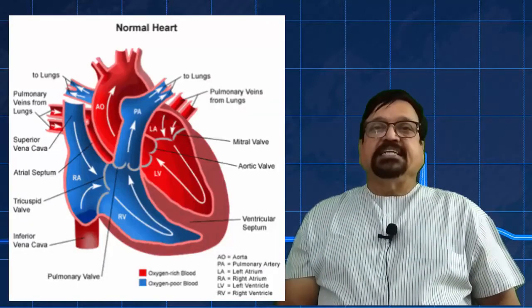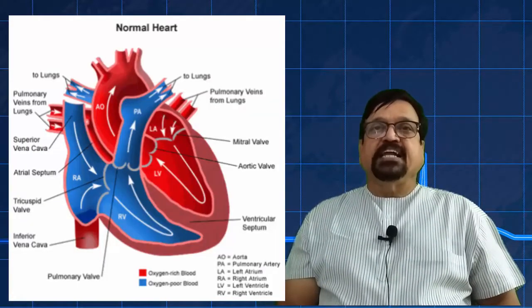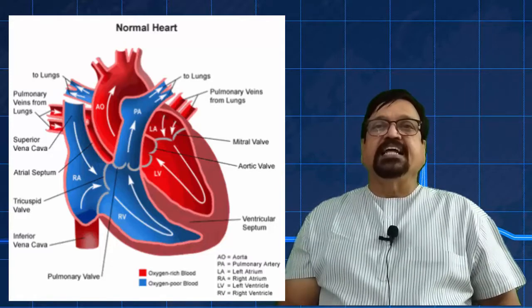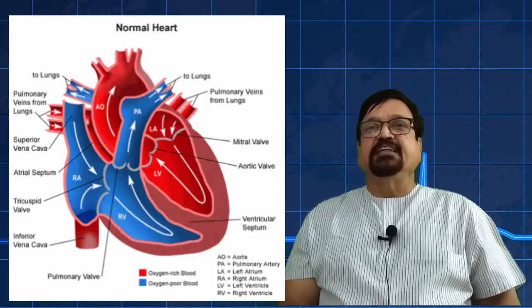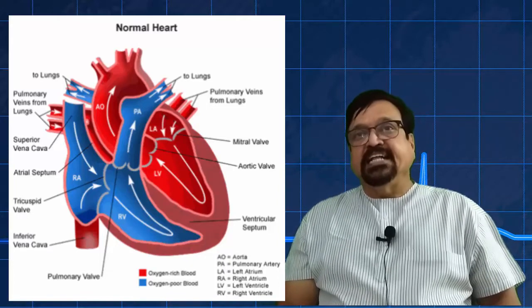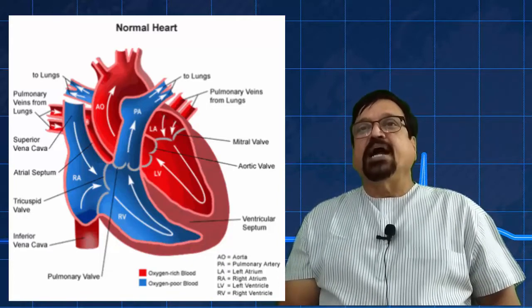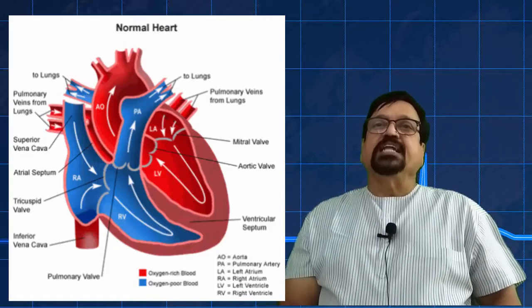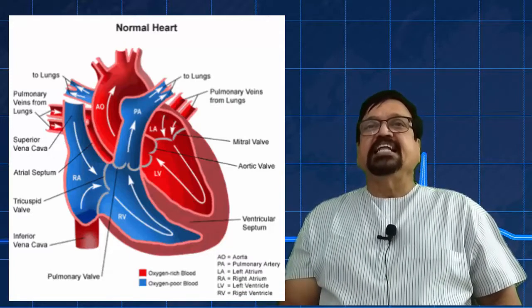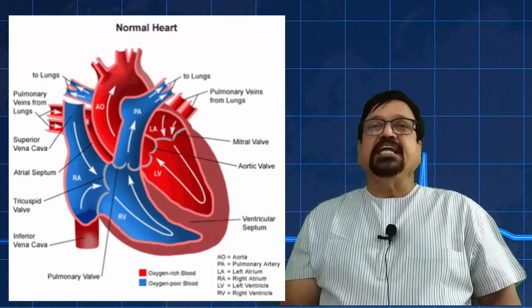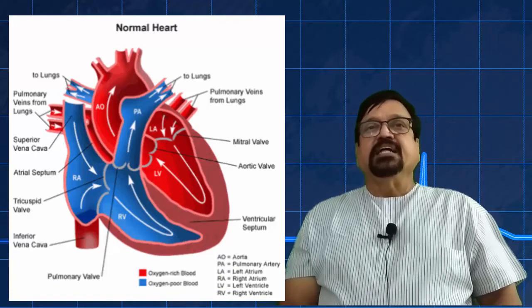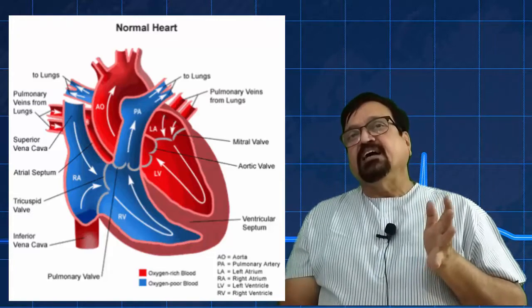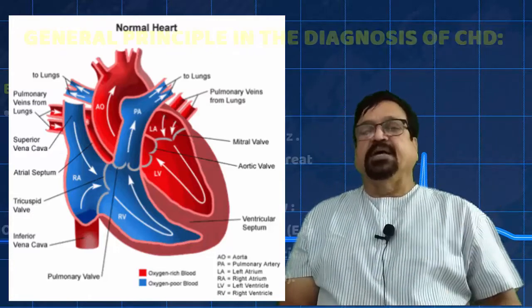Here it is mentioned, same thing. From the inferior vena cava and superior vena cava, blood comes into the right atrium, then into the right ventricle, then into the pulmonary artery. This is normal circulation. Via the pulmonary veins from the lungs, it again comes to the left atrium, left ventricle, and then through the aorta it goes into the body. Now this is the circulation of the fetus after 1 hour.